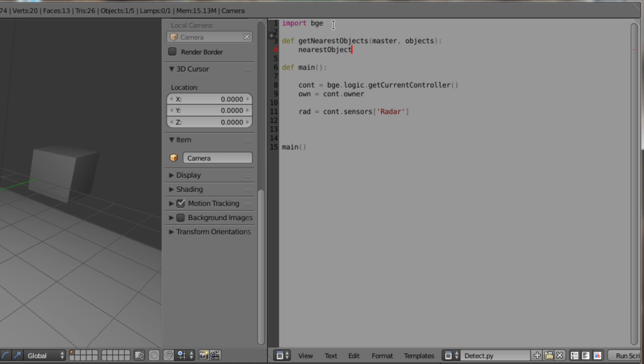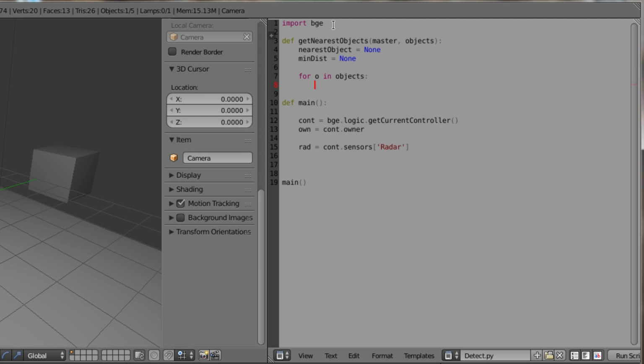Nearest object is None, so null basically, and min distance is also None. So now we're just going to run through objects, which is our list. So for o in objects, we want to get the distance to that object. So dist equals master.getDistanceTo